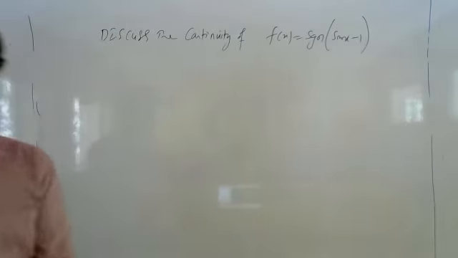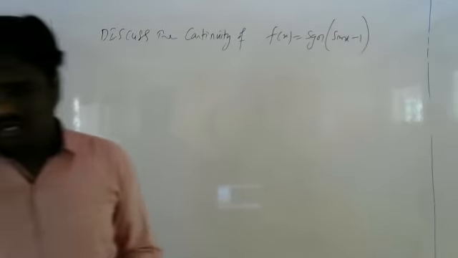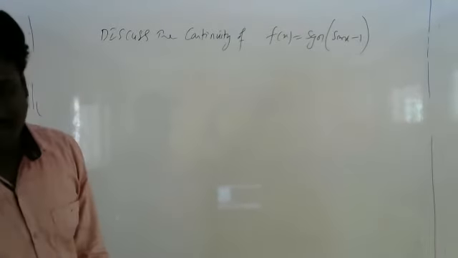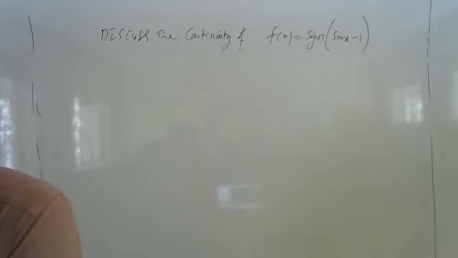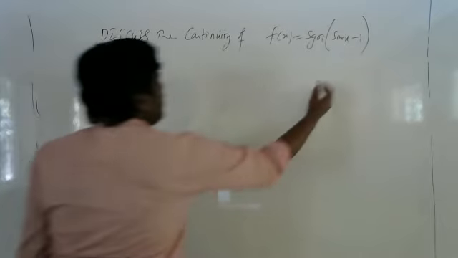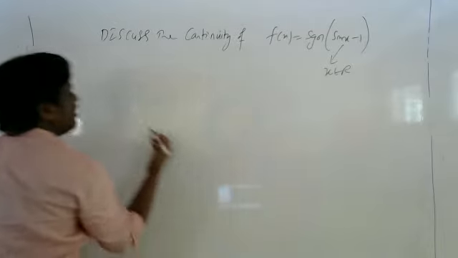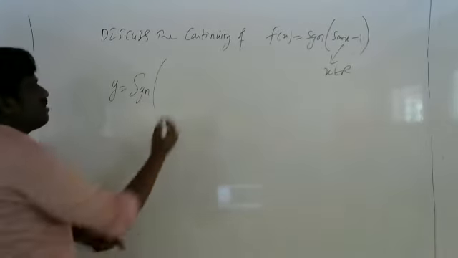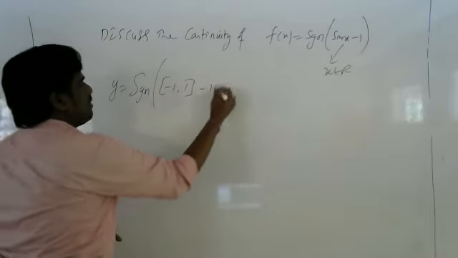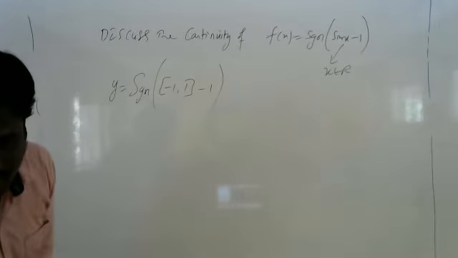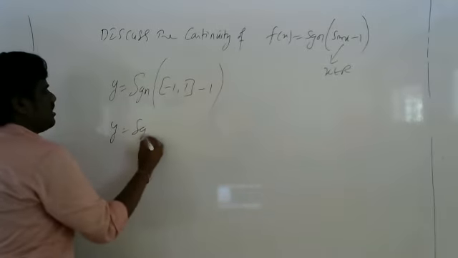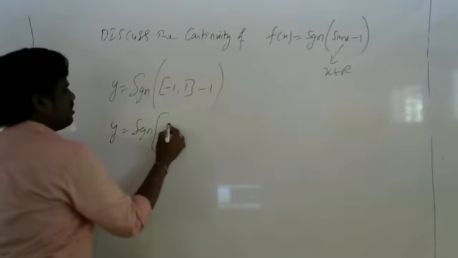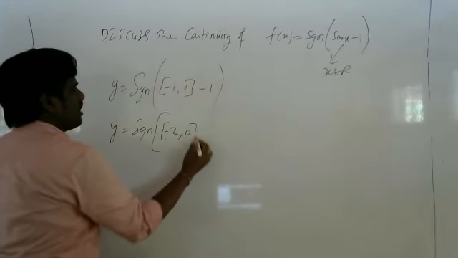Now tell me the signum sin x minus 1. Y is equal to signum sin x minus 1. I have to discuss about the continuity of this function. Come on, tell me, everybody. If I say x is real, then y is equal to what? Signum. If x is real, the sin value will lie between -1 to +1, and the -1. Isn't it right? Everybody? Yes. So y is equal to what I get? Signum. You see here, if I subtract here, I get -2. Isn't it right? You are getting -2 comma 0.